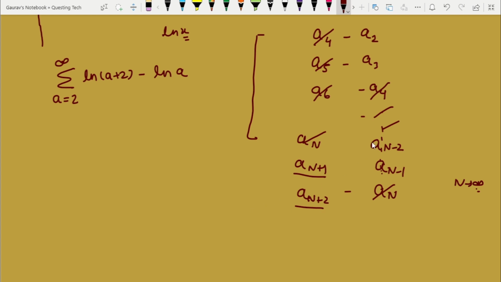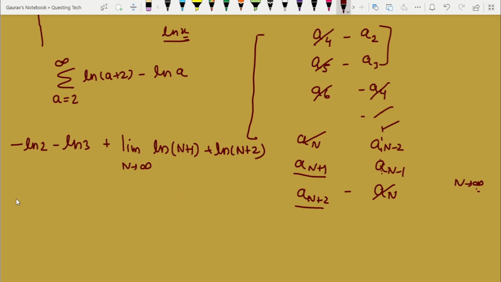not going to cancel out, and this a_2 or a_3 is also the same, and the function is ln x. So we can write this as minus ln 2 and minus ln 3. This comes out to be a constant, or we can say these two terms are not cancelled out. Plus we can say the limit n tending to infinity, and what we have is ln of (n plus 1) plus ln of (n plus 2). Okay, so this is what, minus of ln